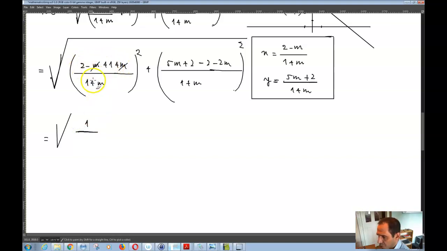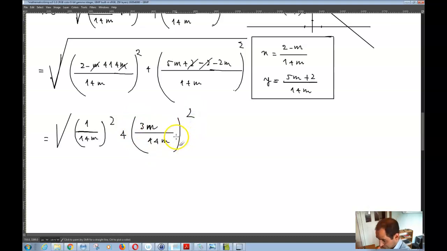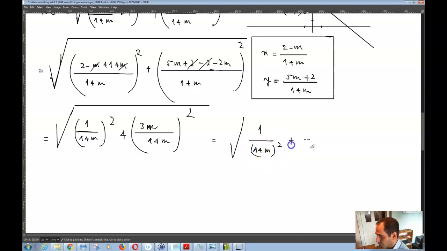So 1 over 1 plus m whole squared plus 5m minus 2m is equal to 3m, and these two will cancel out, 3m over 1 plus m whole squared. So what you have over here is the square root of 1 over 1 plus m whole squared plus 9m squared over 1 plus m whole squared,